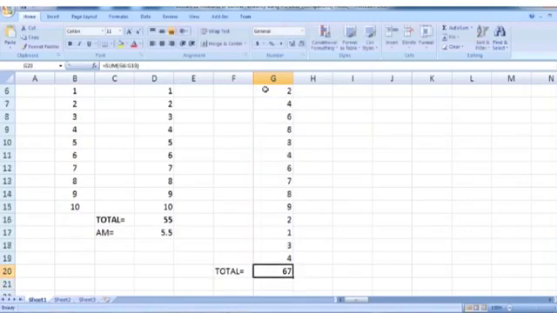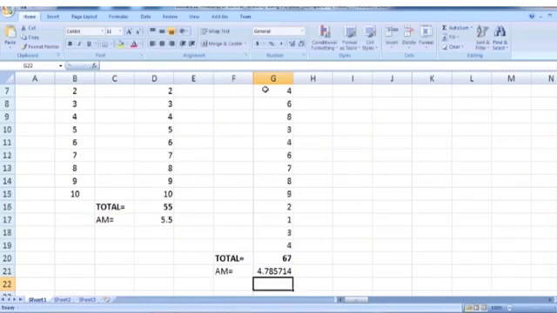So this is summation X or sum of all numbers in X, and then arithmetic mean is this summation X divided by total number of observations, which is 14. So we get 4.785 as arithmetic mean.